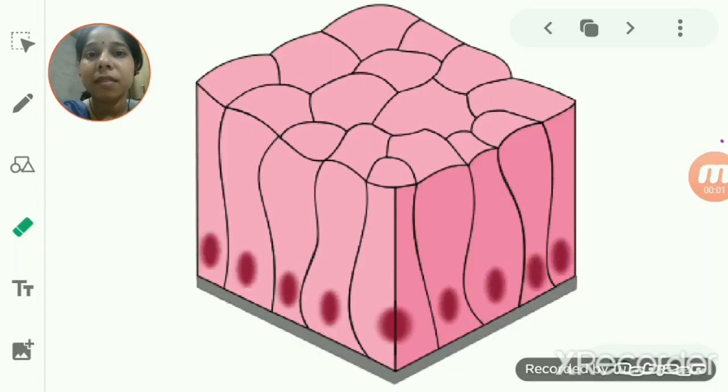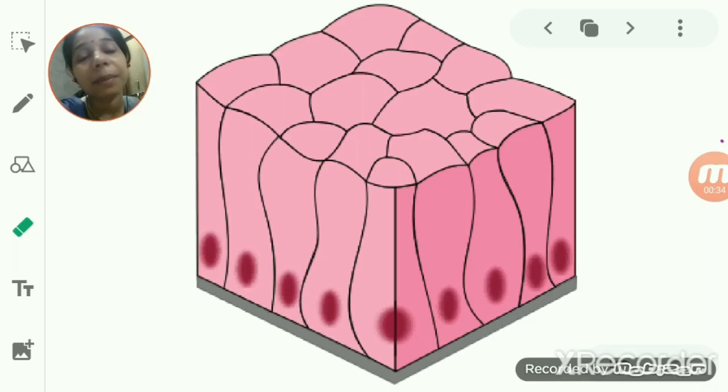Hello students. So yesterday we had completed the protective tissues, including that of the cork cell. Since cork cell is a protective tissue, its first function is to protect, and it is also a dead cell. Later on we started with the animal tissue. And you know students, animal tissues are basically classified into 4 types: epithelial, muscular, connective and nervous tissue.